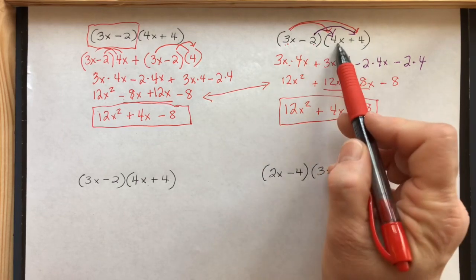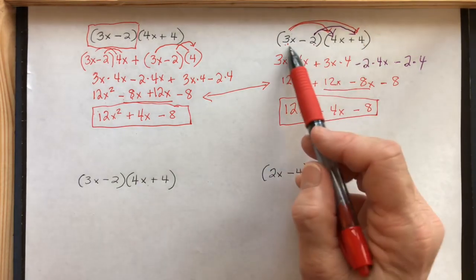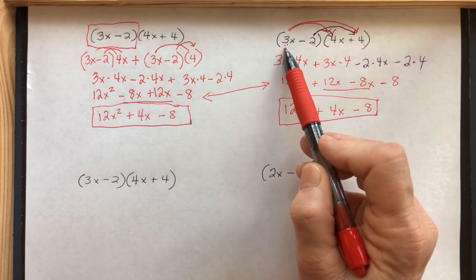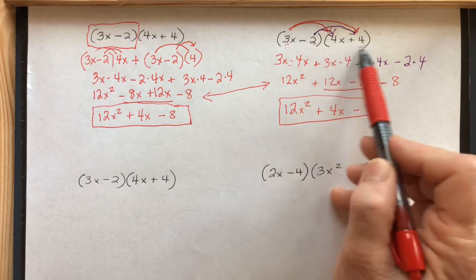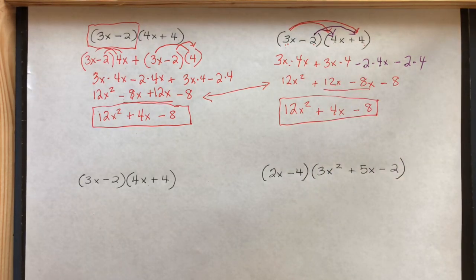I mean, in the two terms of the second binomial. So I take the first term of this first binomial, multiply it by everything here. Then I take the second term, multiply it by everything here. Now, if you have heard of FOIL,